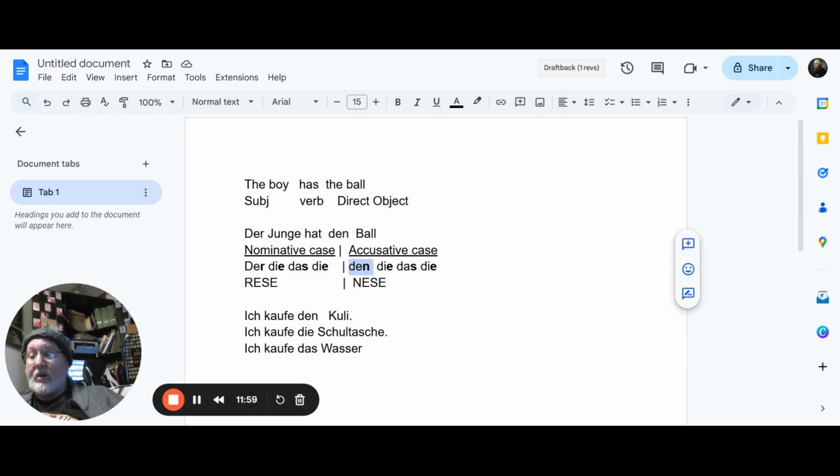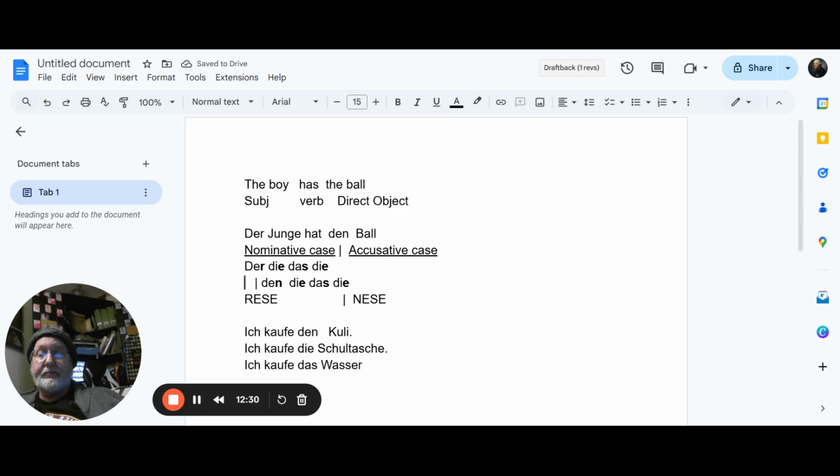Now we've been talking about definite articles. The word the is definite. Der, die, das, definite articles. Well, what if you're not buying a definite thing, if you want to buy an indefinite thing? I'm not buying the ball. I'm just buying a ball. Any ball. So the word a is an indefinite article. And the way that works in German,